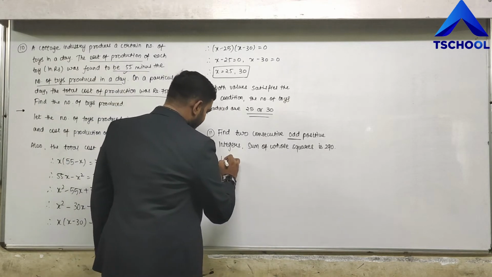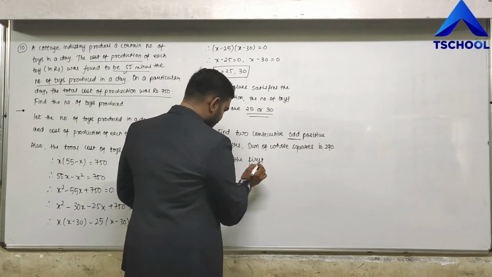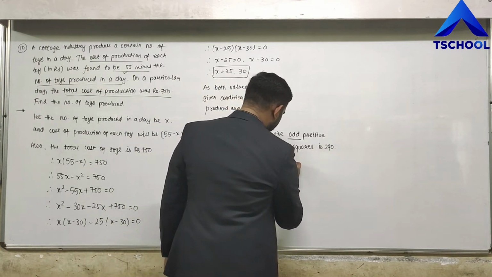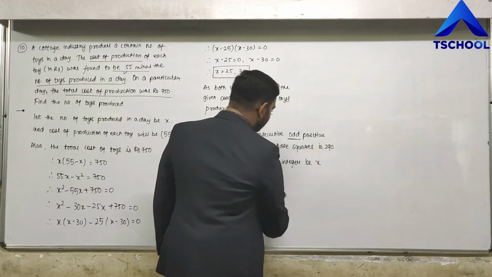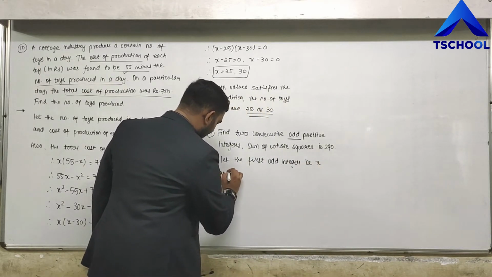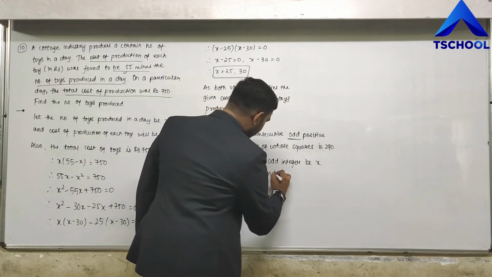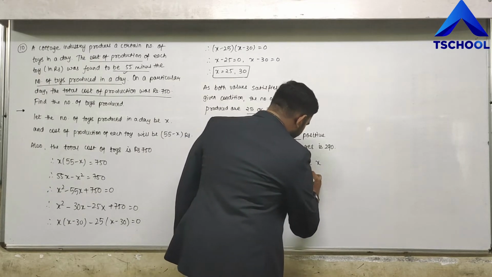Let the first odd integer be x, and so the second will be